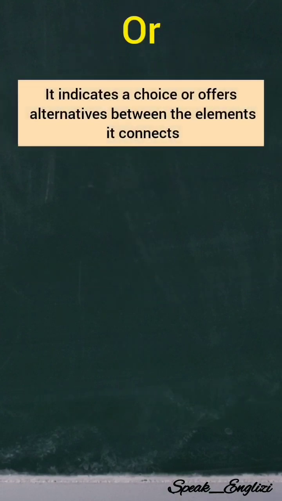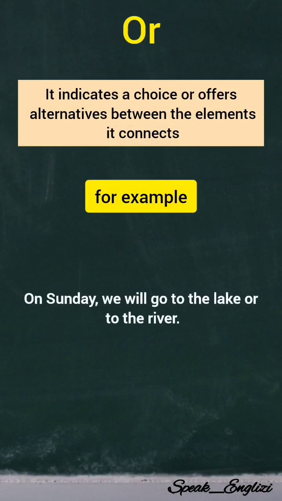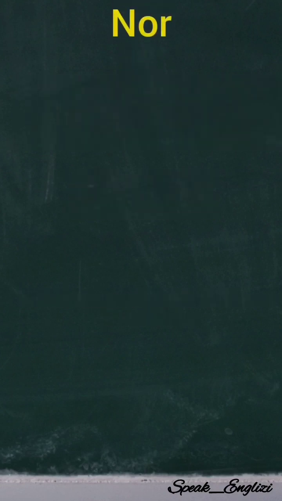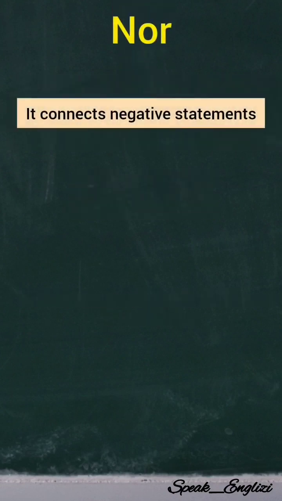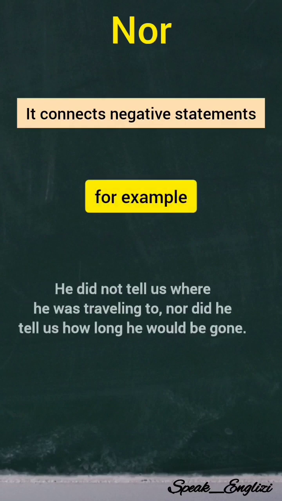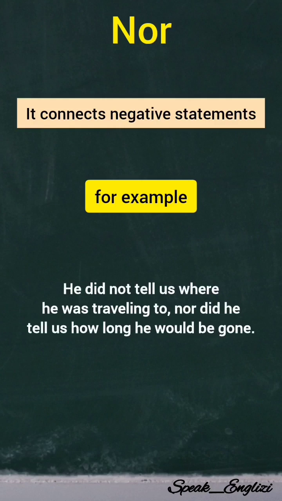Or indicates a choice or offers alternatives between the elements it connects. For example, on Sunday, we will go to the lake or to the river. Nor typically connects negative statements. Note that if an independent clause follows nor, its subject and verb are inverted. For example, he did not tell us where he was traveling to, nor did he tell us how long he